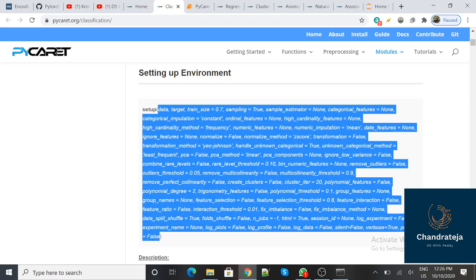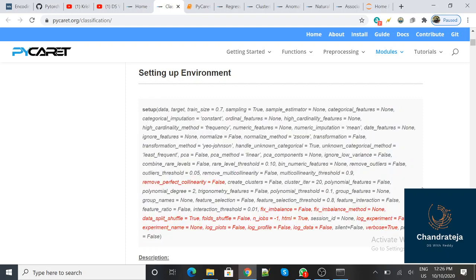So in this one line of the setup function, it will do everything you have given. If you give remove outliers, it will remove outliers automatically. If we have imbalanced data and you give fix imbalance, it will fix the imbalance. You have techniques like SMOTE, upsampling, and downsampling, so those methods are also there, and you can apply PCA also by using the PCA parameter. We can set multiple parameters in the single setup function. We are setting one environment by using the setup function.